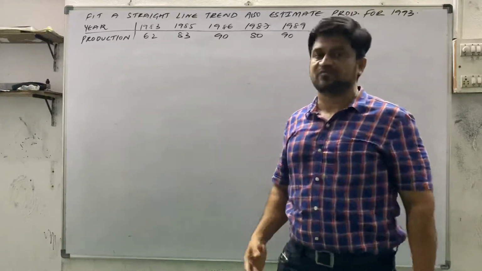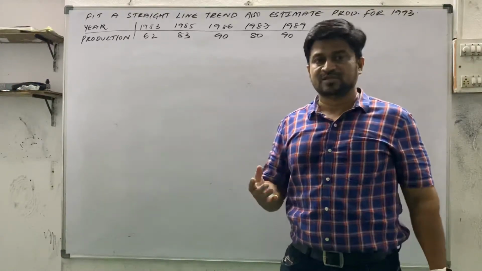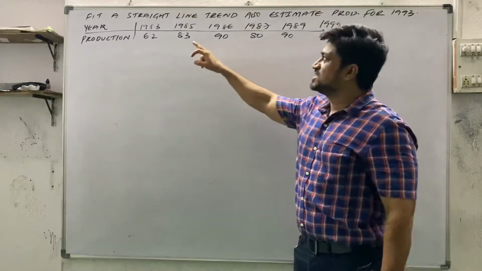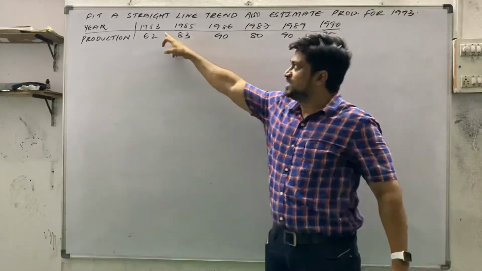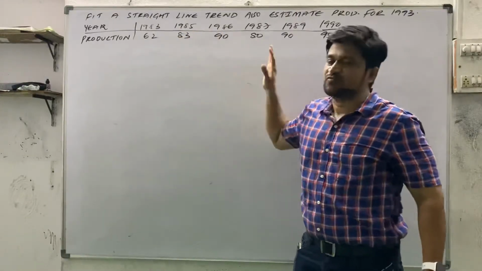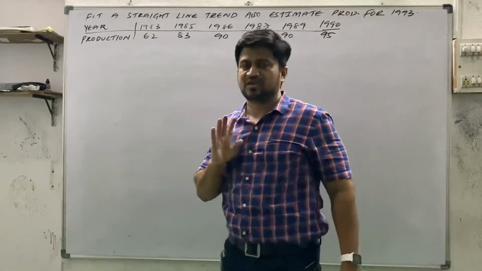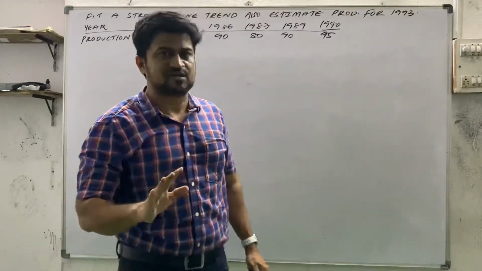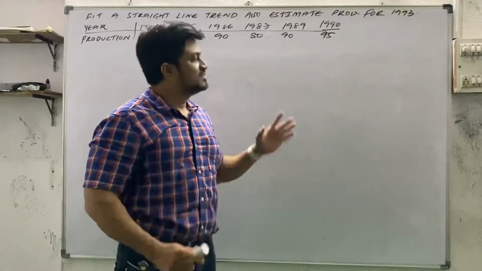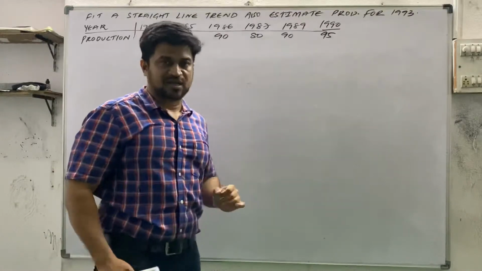One when an odd number of years is given, the second when an even number of years is given, and the third when the years are not in order. See, 83, we don't find 84 here, 85 is given to us. So for such a question, what we need to do? The same process as for an even number of years, whatever procedure we have done, we have to follow with slight differences, that you can follow in this one, you can easily get it.